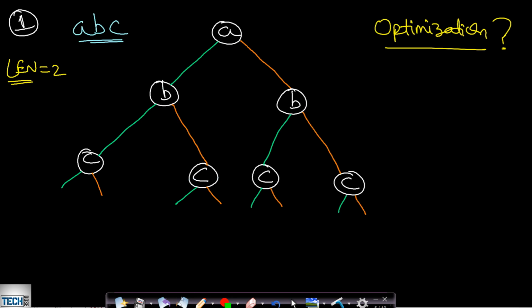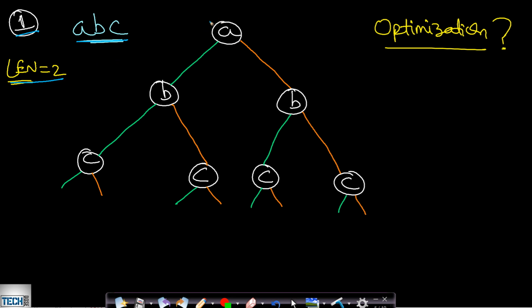Okay, now let us see how we solve it by using recursion or backtracking. In this case, the green line means that we will be including the root character, and the red line means that we will be excluding this root character. So this edge from A to B is indicating that A is getting included, since this is a green colored line. Now in this case we are given a string ABC and our combination length is 2.